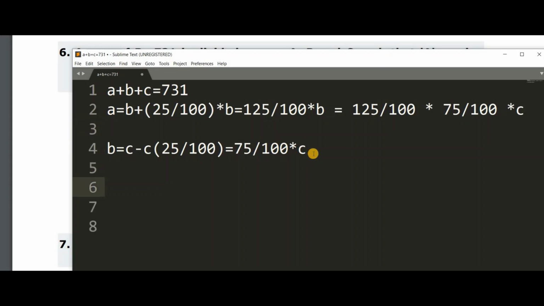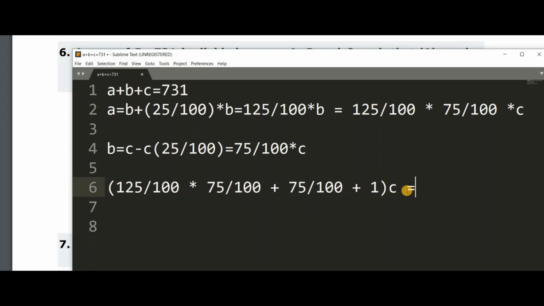So the value of A is 125 by 100 into 75 by 100, plus the value of B, which is 75 by 100 into C. So 75 by 100 plus 1, we will take common as C. So into C